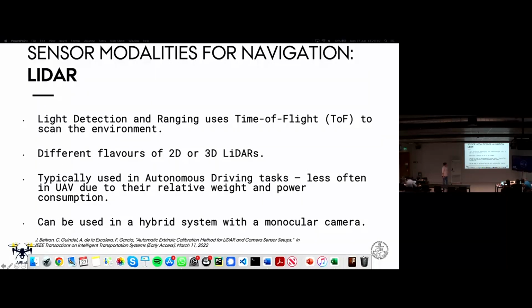LiDAR is quite effective in terms of sensing. It uses time of flight in order to scan the environment. There are solid-state LiDARs, and there are normal LiDARs scanning the 360 degrees of environment as you walk around. They're typically used in autonomous driving tasks. Obviously, there are many different flavors, many different approaches that people use LiDAR for, but I've found them used more on an industrial scale. Obviously, you see them in autonomous driving tasks, mainly due to how heavy they are and how much power they